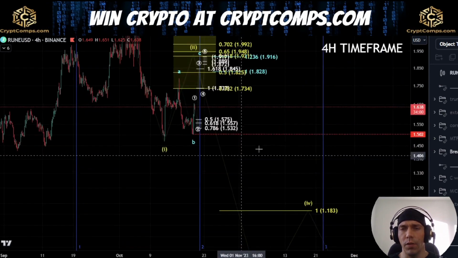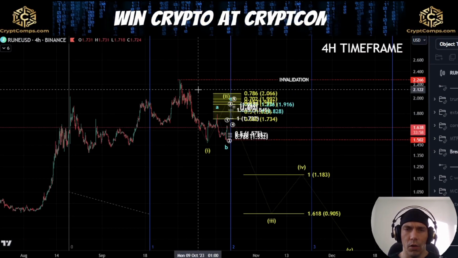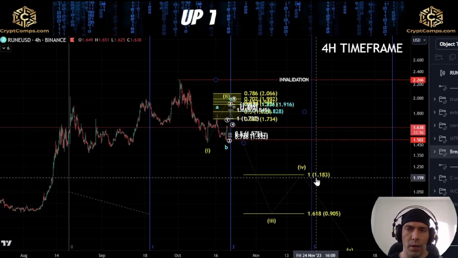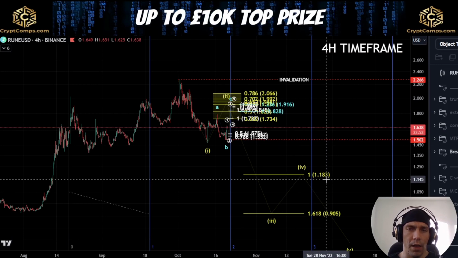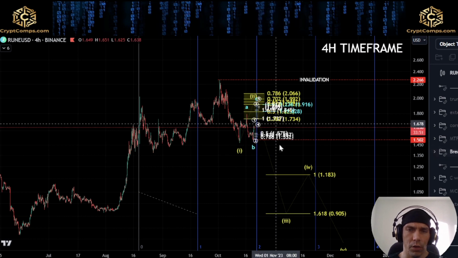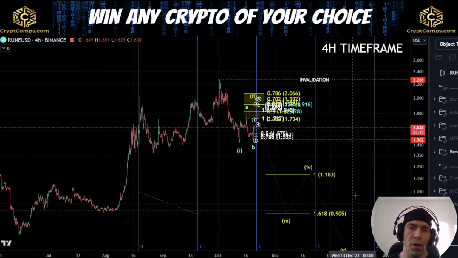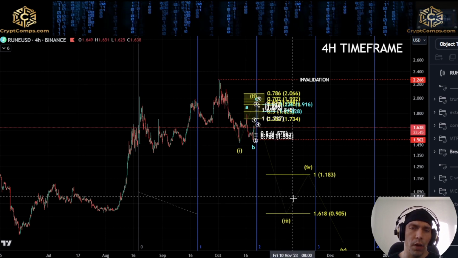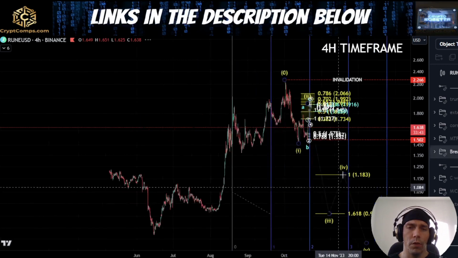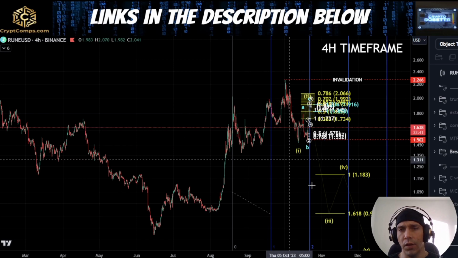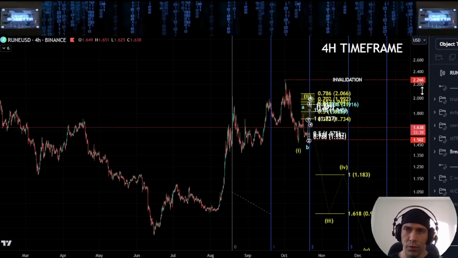Now, the key thing within this is that if this actually only moves down towards this 1-to-1 level here of this $1.18, then potentially this could be just a corrective move. If, however, we move past this 0.90, this would then align with a bigger impulse looking to form to the downside. So we need to be very careful of this idea, because off of these highs, until we push back